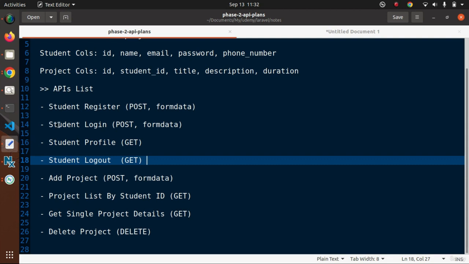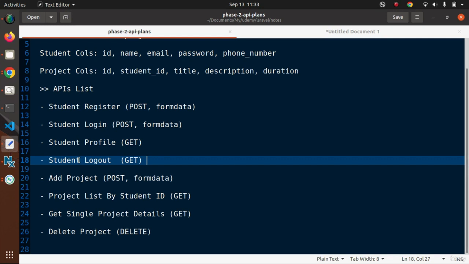So after login, we'll generate a unique token value that will be Sanctum token. So after token, then we'll create student profile. Inside header, we'll pass the token value, and after getting token value, we'll retrieve the student profile data. And also, while calling this logout API, we need to pass the token value that we have generated using login API into header, and by using the concept of destroy methods, we'll delete that token value